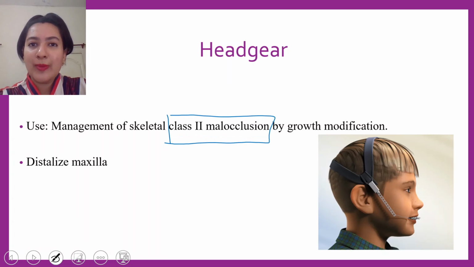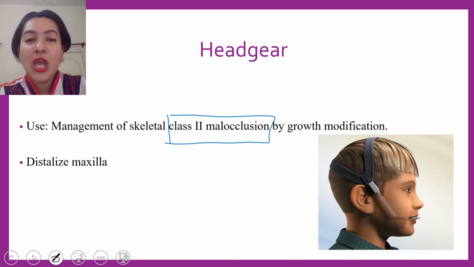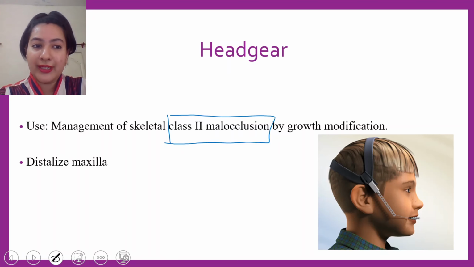So in class 2 malocclusion, there is a problem wherein the patient's profile is convex. It could be because of three reasons: prognathic maxilla, retrognathic mandible, or a combination of these two factors. Okay, so let us assume that the problem in a class 2 malocclusion is because of prognathic maxilla. So what do you have to do now? You have to retract the maxilla. Why? Because my maxilla is protracted, okay? It has moved ahead, which is giving the patient a convex profile. So in such cases, what we do, we give a headgear.